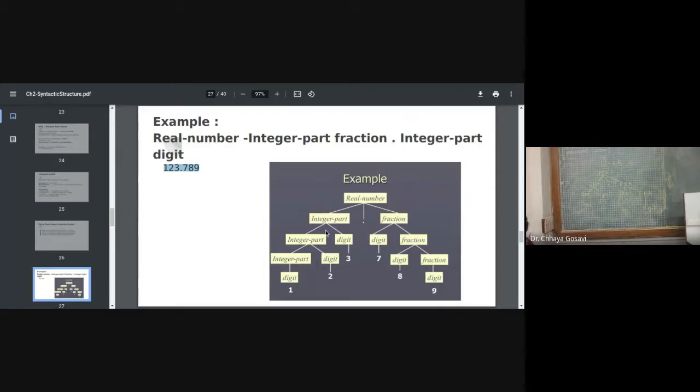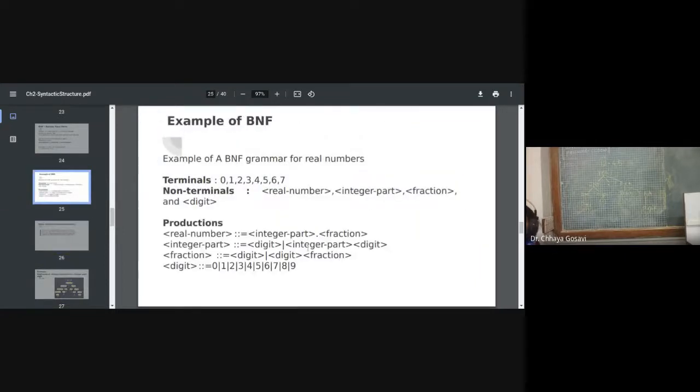So that's why, for recursive purposes, we have to create this rule, integer and digit. And where does this integer stop? This integer can be replaced by digit, and there you stop. Same thing for fraction. You can replace this fraction with a digit or with digit and fraction. So this is recursion. For any floating point number you can use these grammar rules to draw a parse tree. If a parse tree is available for that particular number, that means your program is syntactically correct.